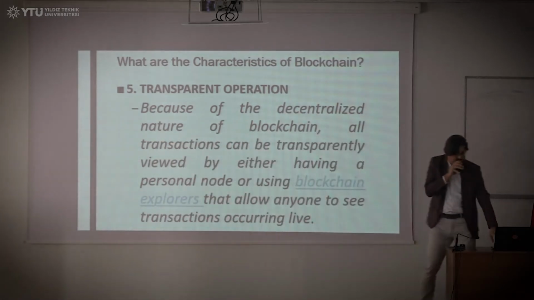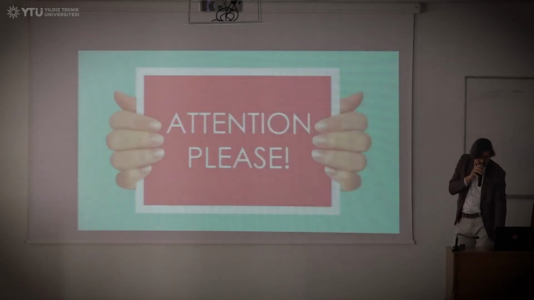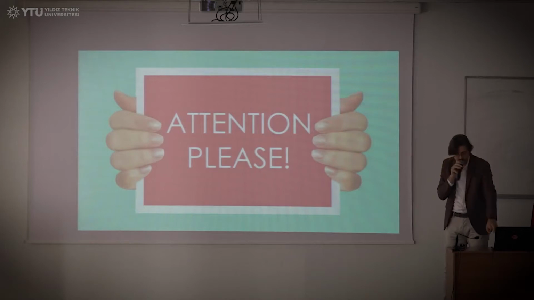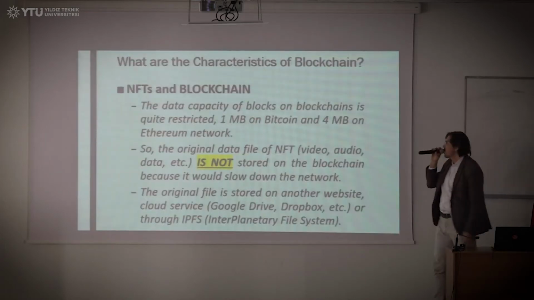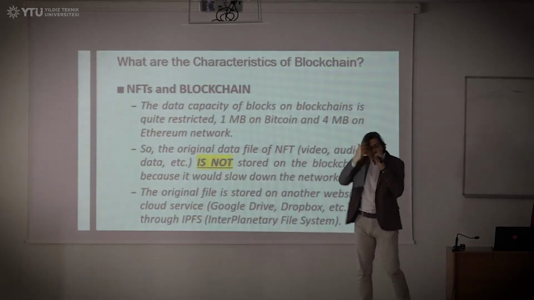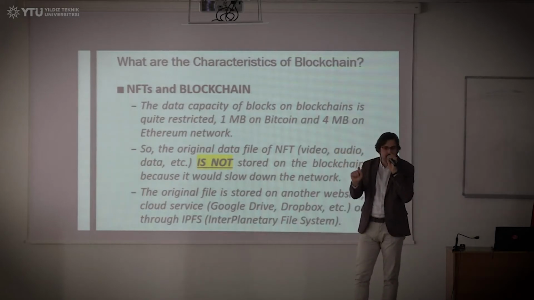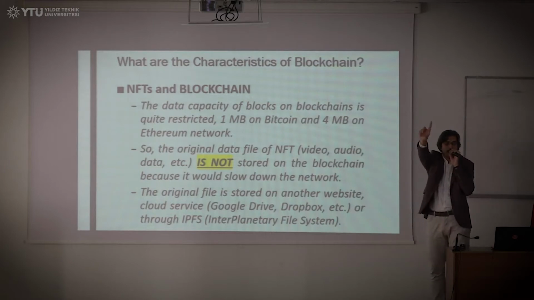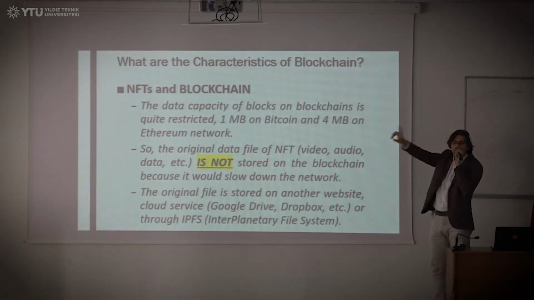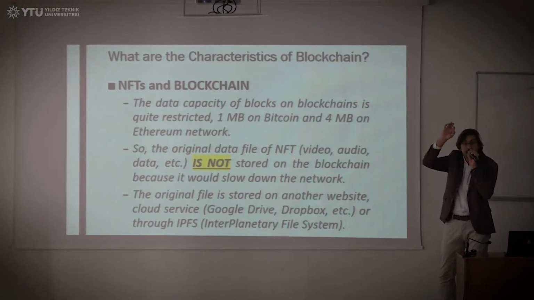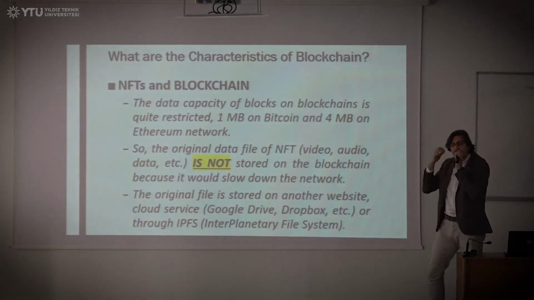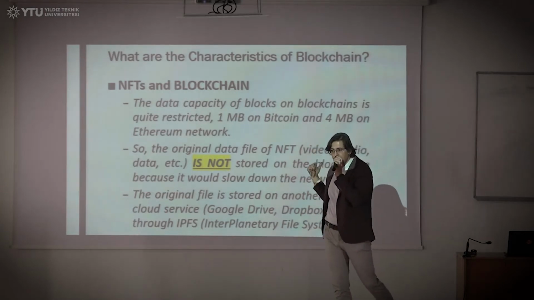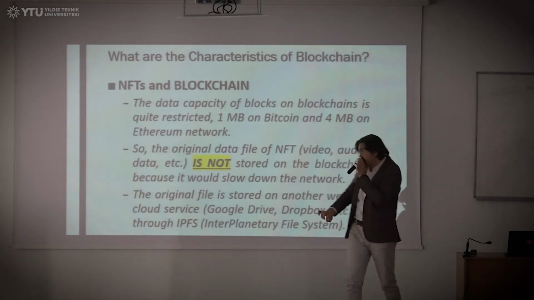So that's transparency. However, this is very, very important. The data capacity of blockchains is limited, okay? If you're talking about Bitcoin, it's 1 megabyte per block. If you're talking about Ethereum, it's 4 megabytes per block. Incredibly low. Why? Because only small pieces of code are stored in there. NFTs,